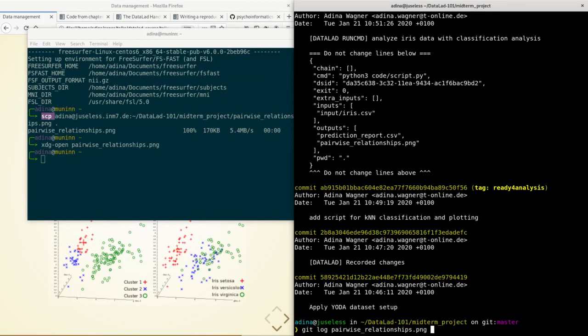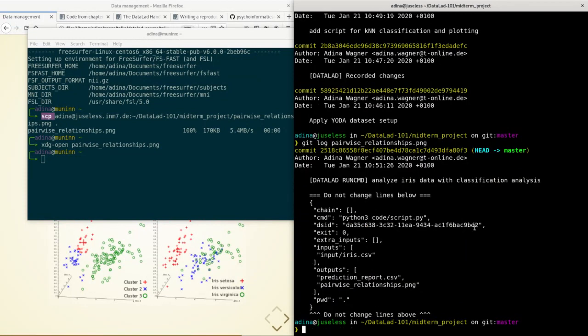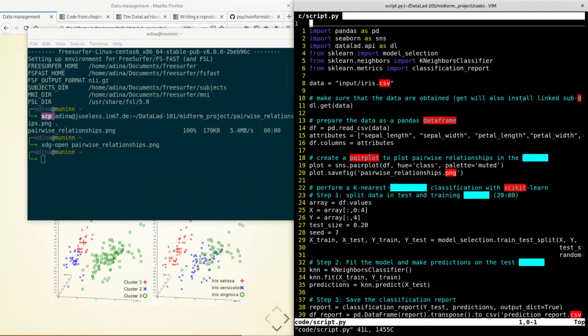But with the provenance capture, we can find out what was done to this file. First of all, we can query what happened to this thing, and then we can find out which person, if it's a project with many collaborators, that's certainly helpful, created this output when and why and how, depending on how good the commit message is. And we also have a machine-readable record of how it was computed. So if I want to now change the color scheme, which I'm just going to do,